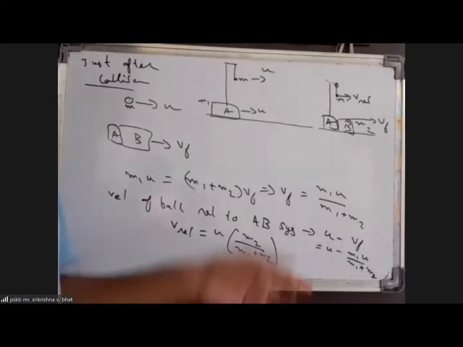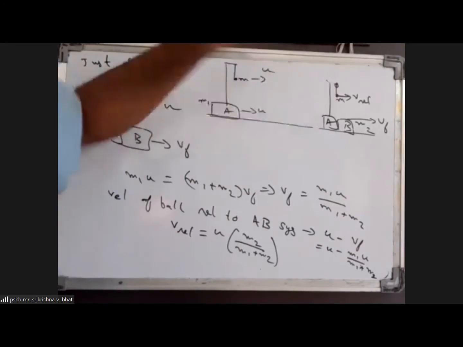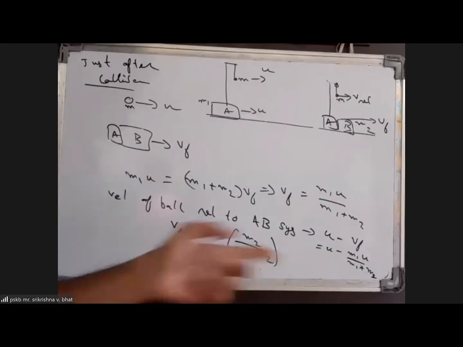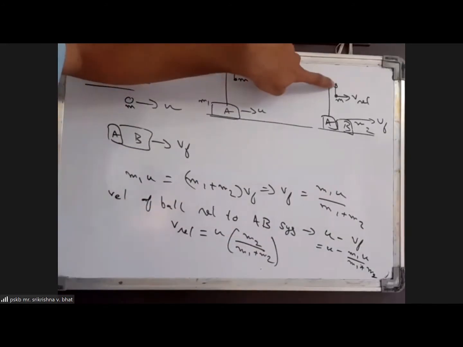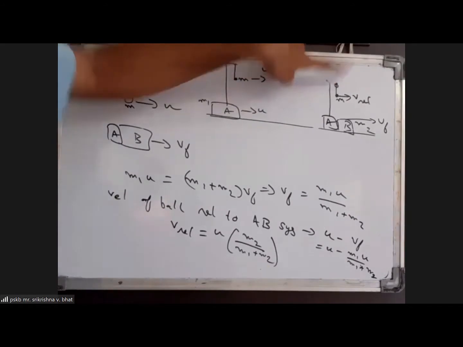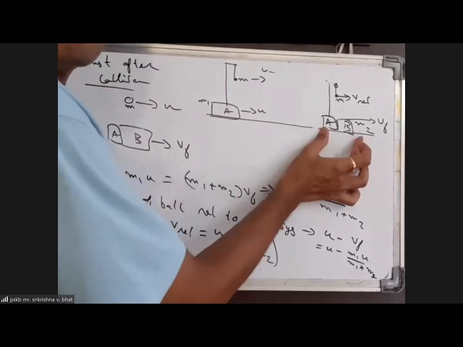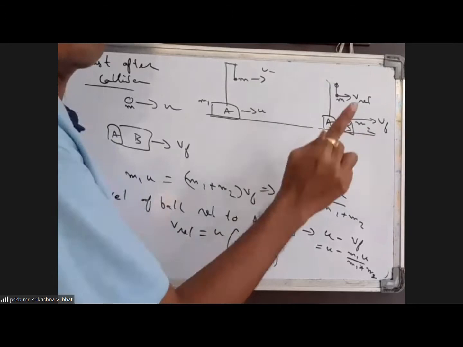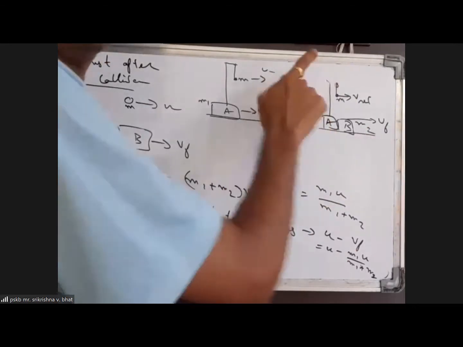So we can say that in the reference frame fixed to this particular point, this particle moves in a circular path. It is going to move in a vertical circular path with respect to this point on the top of the pole, from which the string and ball system is suspended. But we know that after the collision, this AB combined system will move with a constant velocity, and even the point of suspension will also move with a constant velocity.